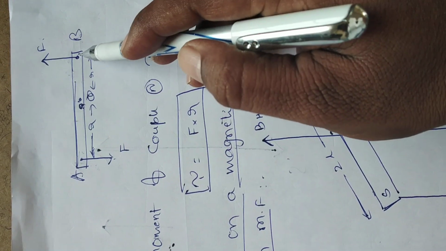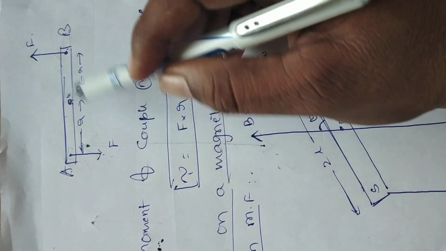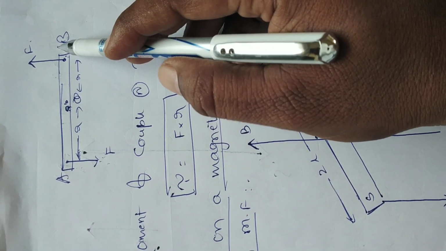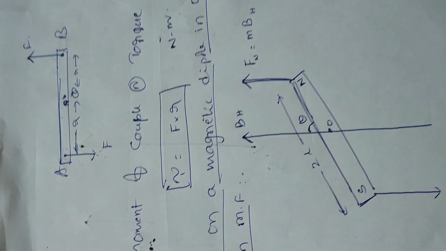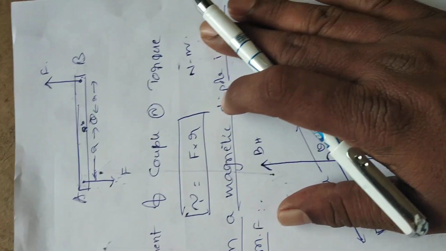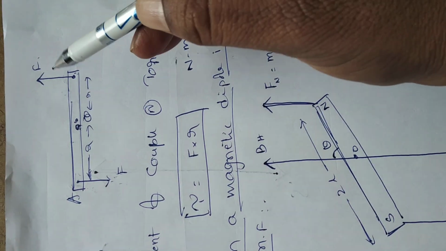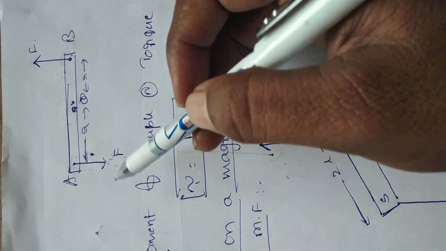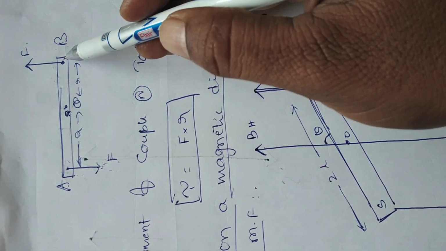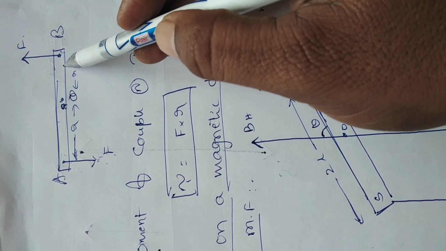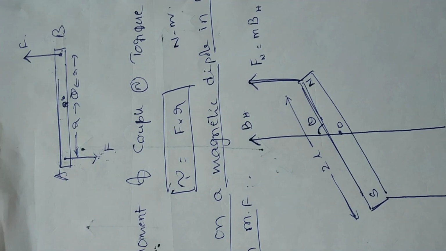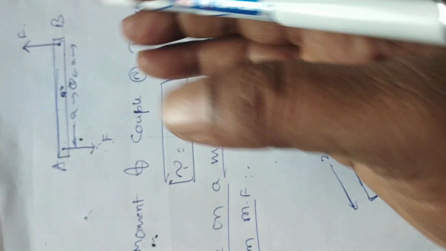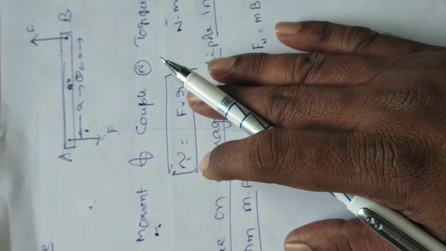How do you calculate these two forces? These two forces are equal in magnitude and unlike, that's why they form a couple. Couple means two equal, unlike means opposite. Unlike forces acting on a rigid body at two different points form a couple. Due to this couple, the body may rotate either clockwise or anti-clockwise about one point.